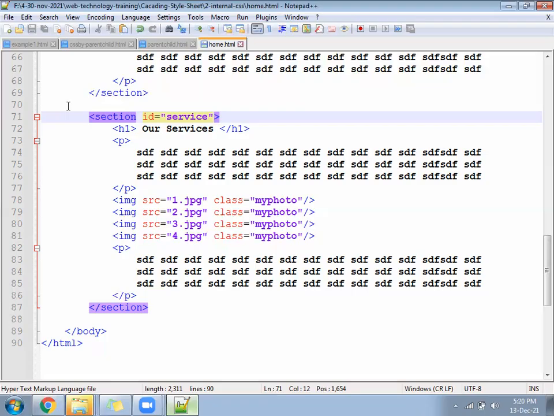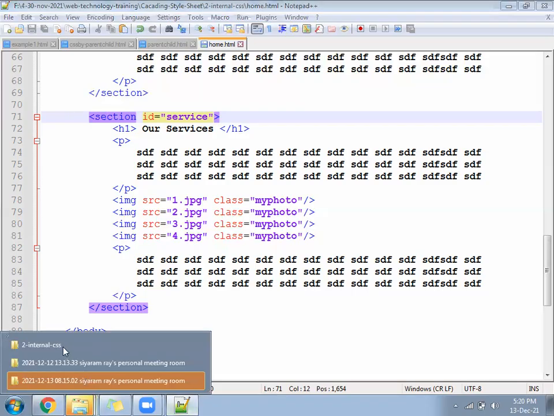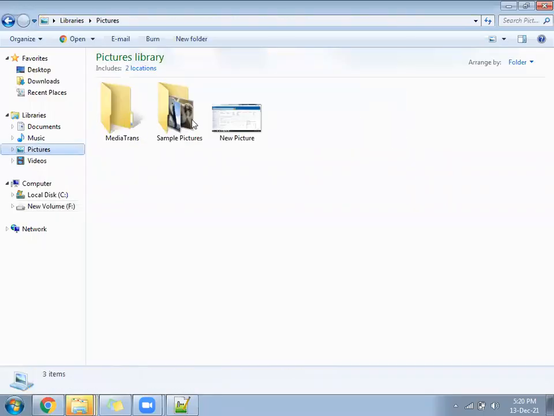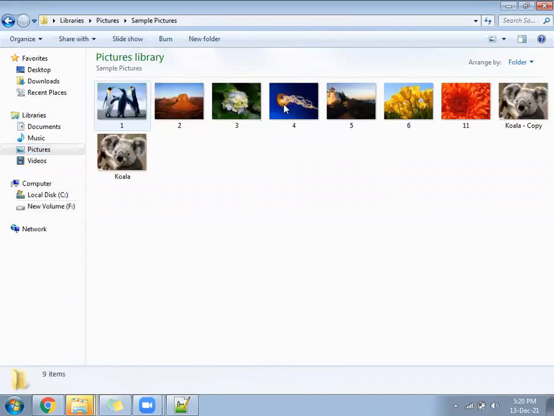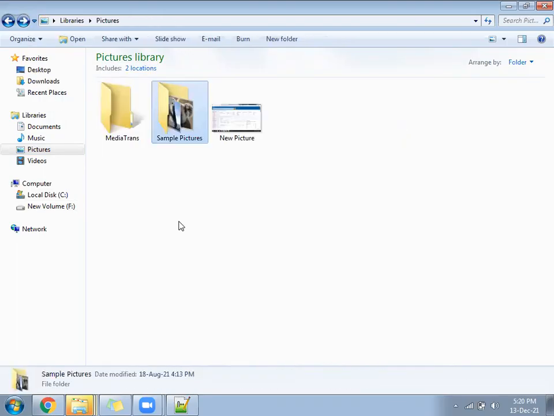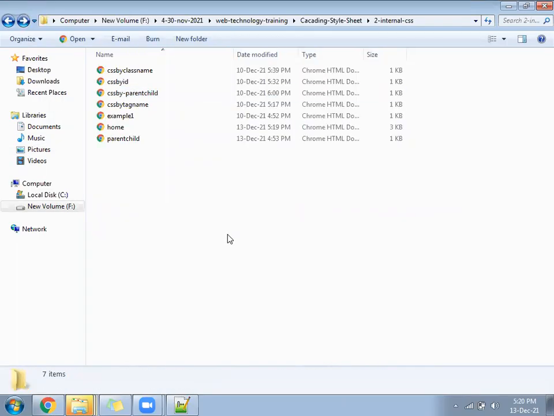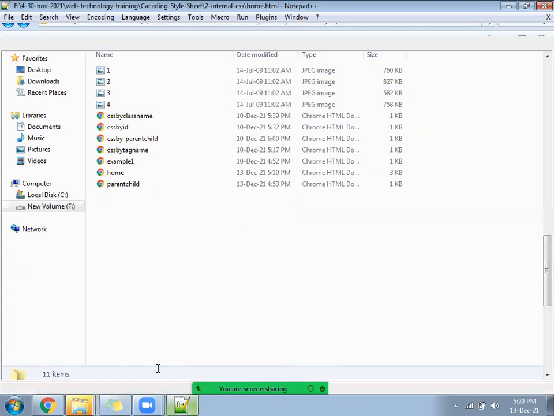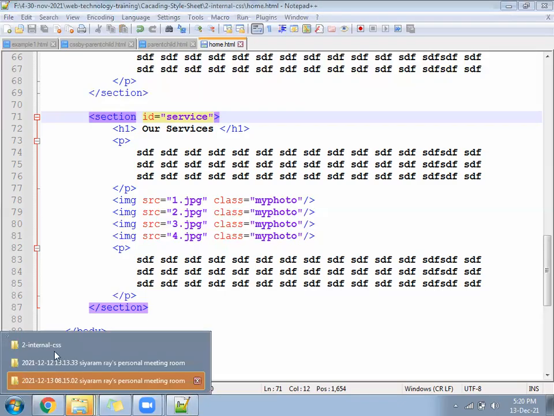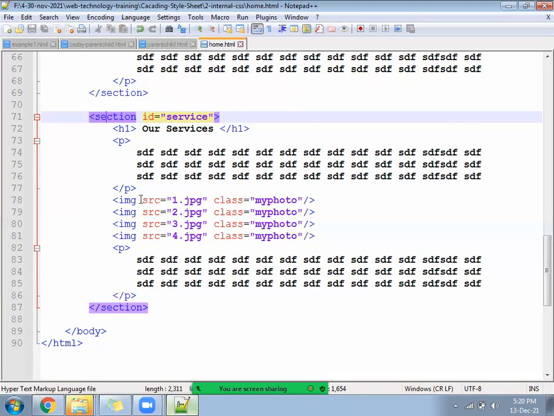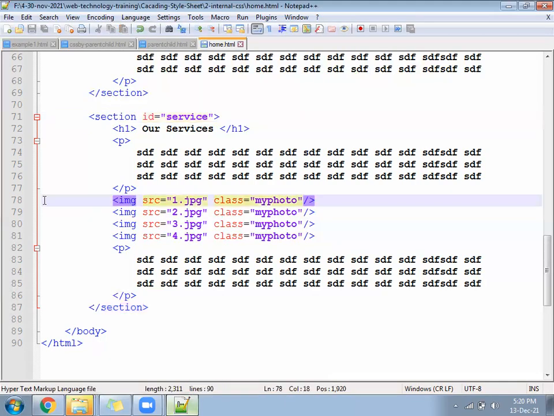Ready? Go ahead. Photo names 1, 2, 3, 4 you can write, and you can give JPG, that will be helpful. See here, I kept a total of 4 photos and renamed them 1, 2, 3, 4. Make sure what the extension of the file is. We need to call the same. It should not be that the extension is JPG and you call PNG.